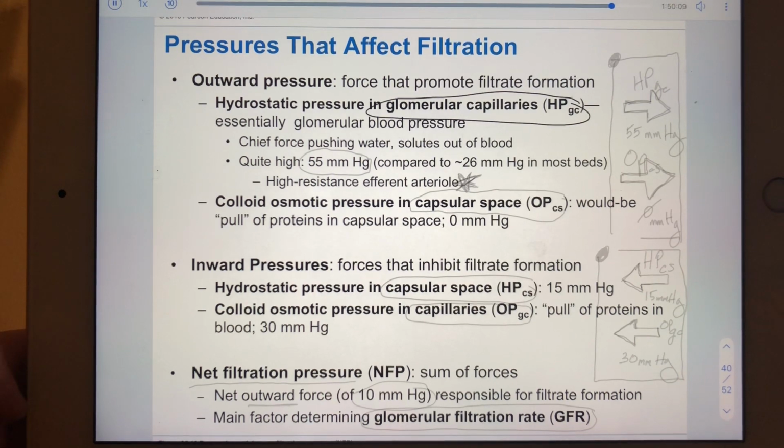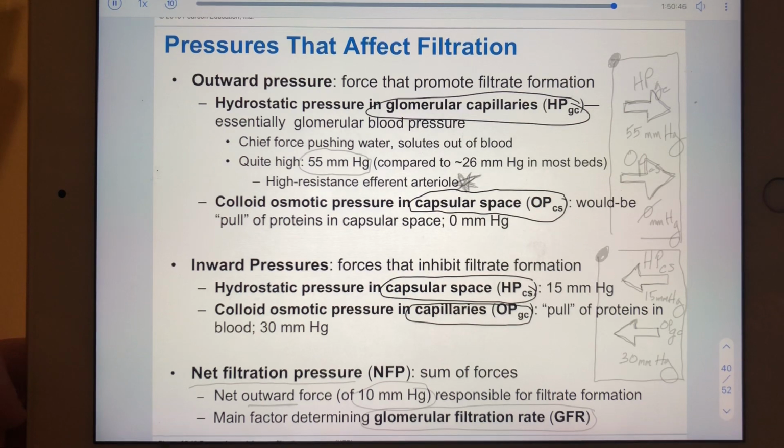The osmotic pressure in filtrate, aka in the capsular space. Okay. The hydrostatic pressure in the capsular space. Okay. And the osmotic pressure in glomerular capillary. Okay, so why are these listed this way? Why in this order? Because